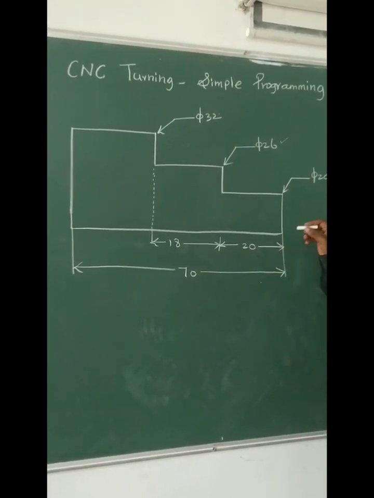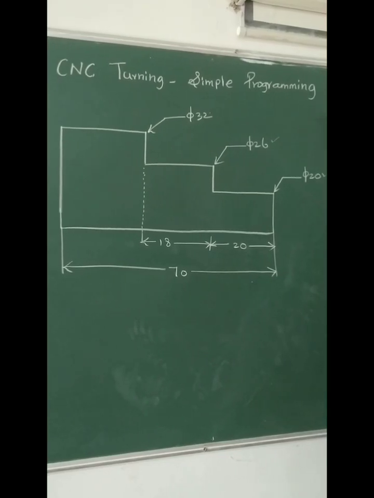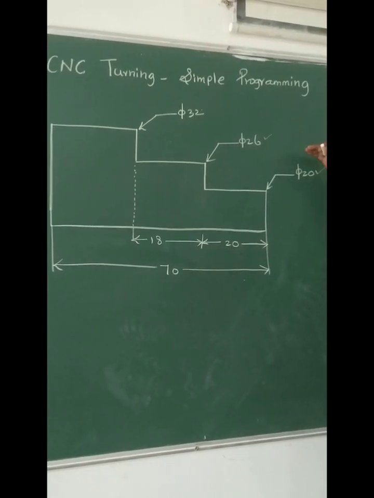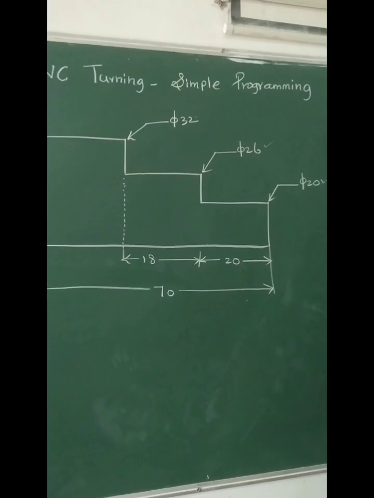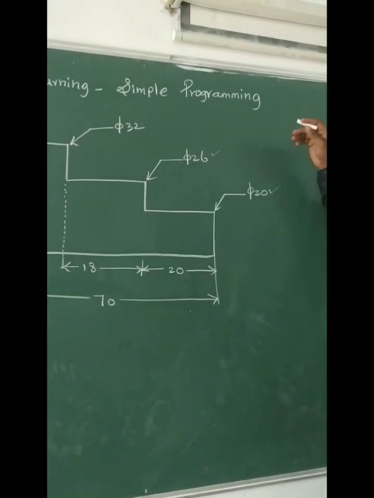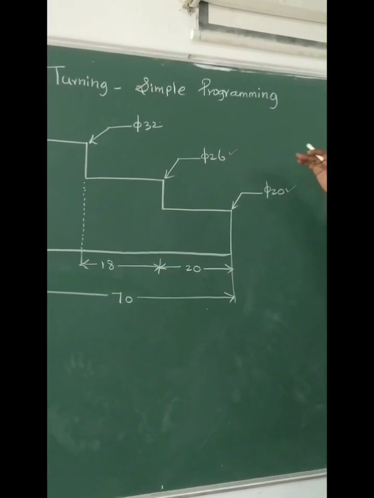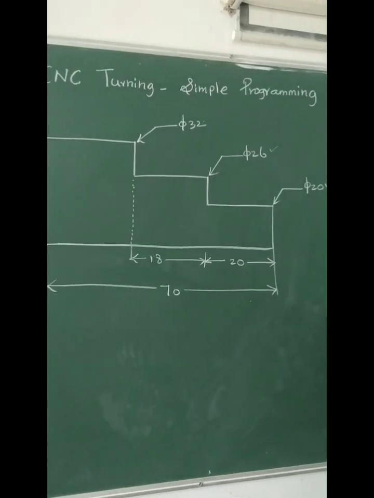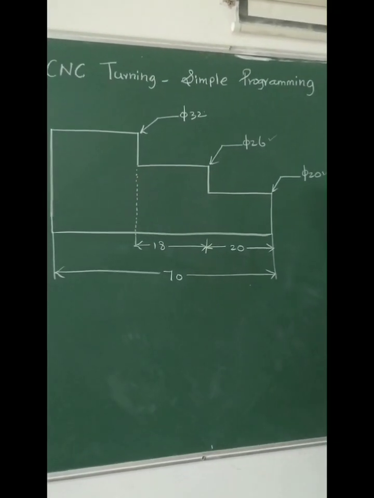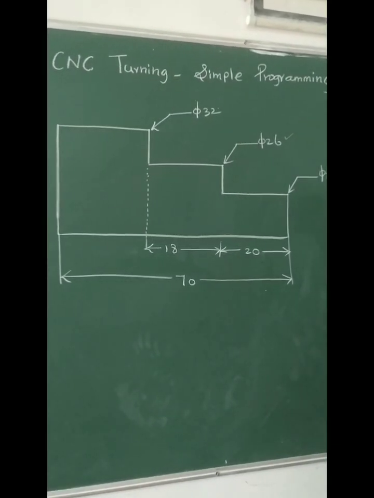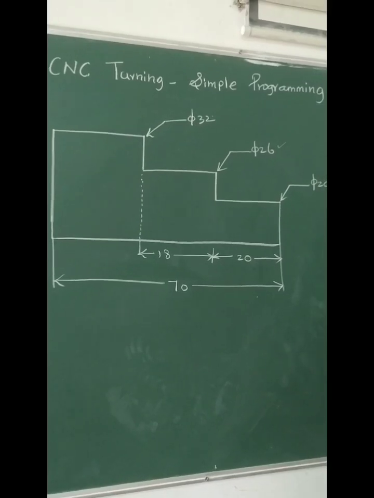For writing a part program, the part program is divided into three stages. The first stage will be the initial or starting of the program, then the main body of the program, and the end of the program. So now we are going to discuss the starting of the program. Every program must start with